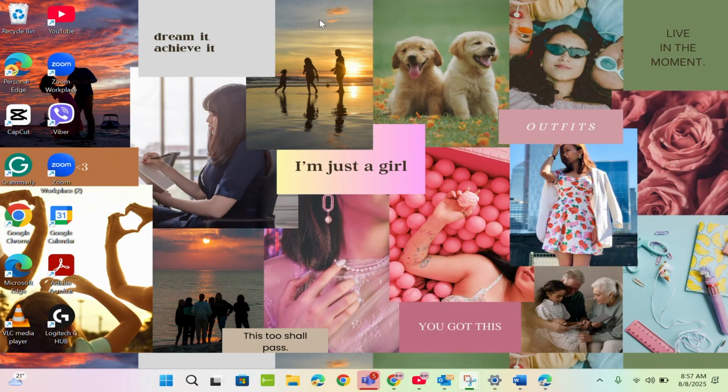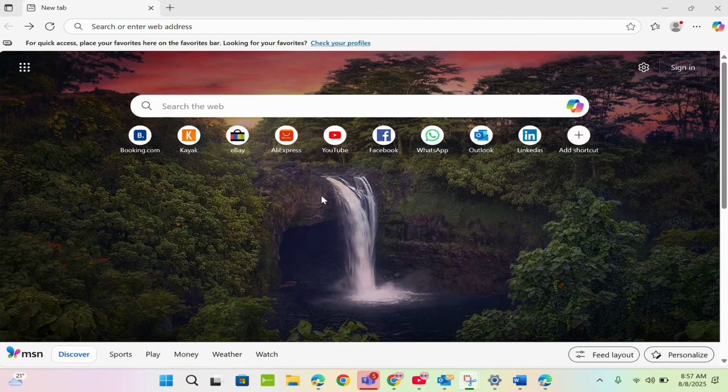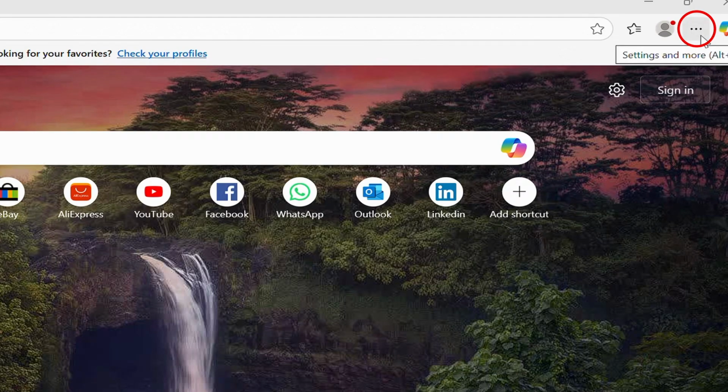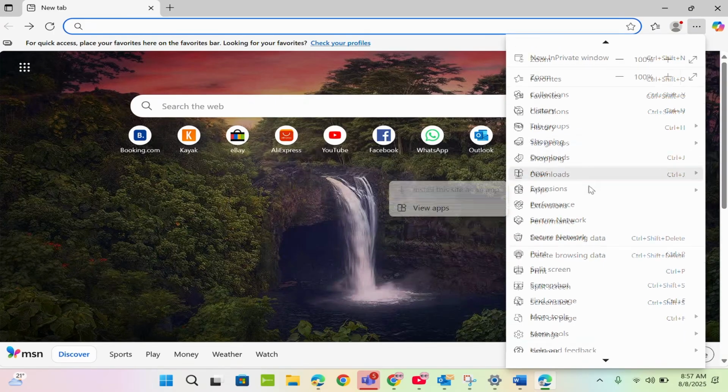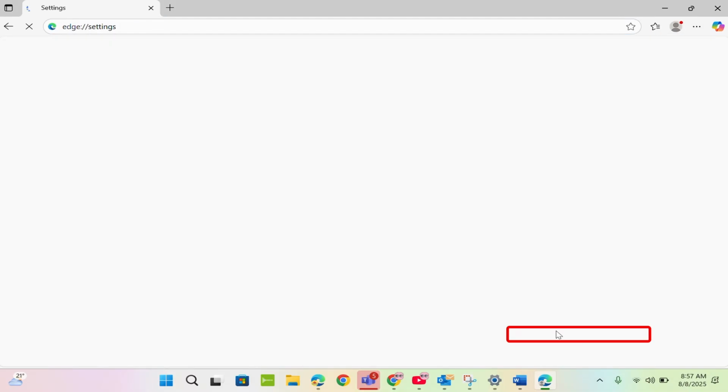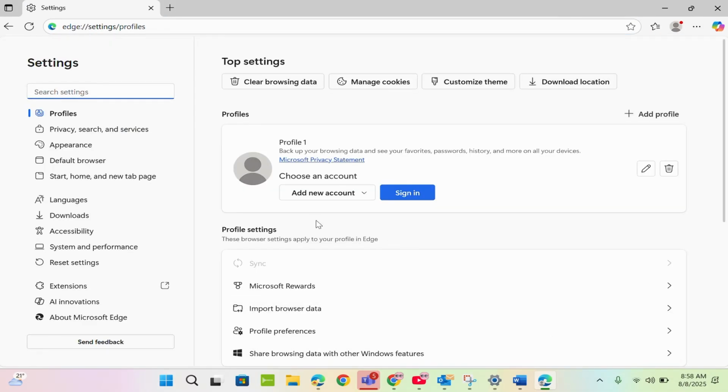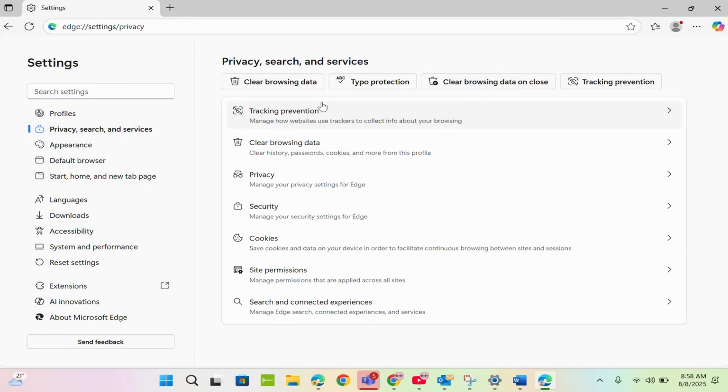First things first, open up your Microsoft Edge. Now go ahead and tap on the three dots on the top right, then scroll down and tap on Settings. Now, on the left hand side, under Profiles, you'll find Privacy, search, and services. Tap on it, and then here you'll find Privacy. Tap on it,